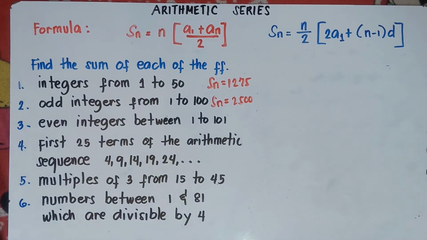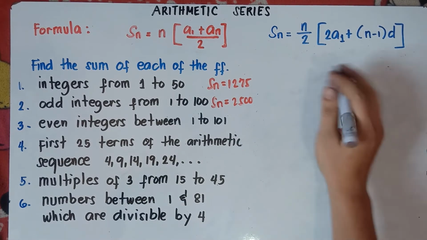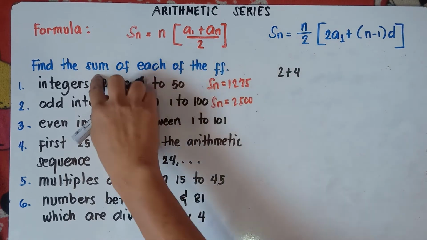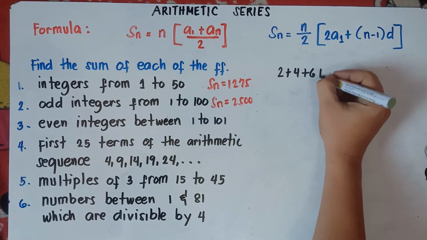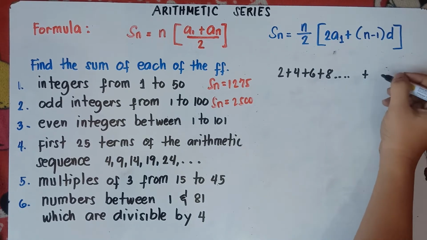So number 3, class: even integers between 1 to 101. What are those even integers? Numbers that are divisible by 2. So let's start with 2 plus 4, since we're getting the sum, plus 6 plus 8, alright, plus we have,